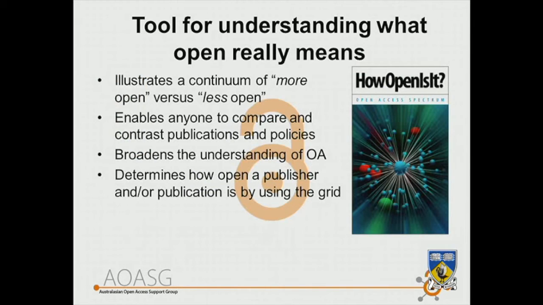So I think if we're going to start, I'm going to use some examples of things which I think everybody needs to be equipped with to understand the new landscape. So the first one is around the idea of how open is it. This is an example that came out of a group of organisations which included PLOS and the Scholarly Publishing and Academic Resources Coalition in the US, and it's a way of thinking about how open is it. If you were to ask a lot of people what they mean by open access, there is often this conception that being free is the most important thing.